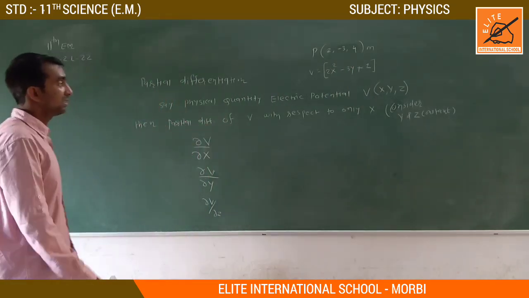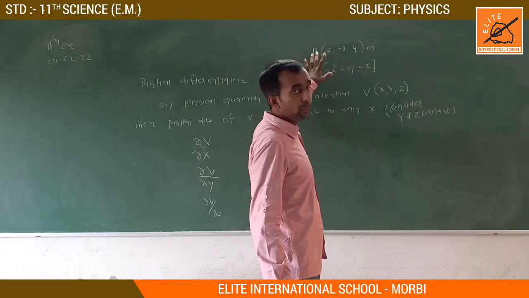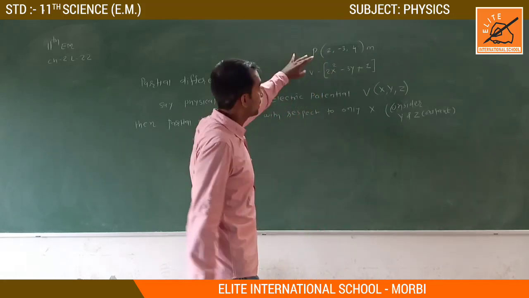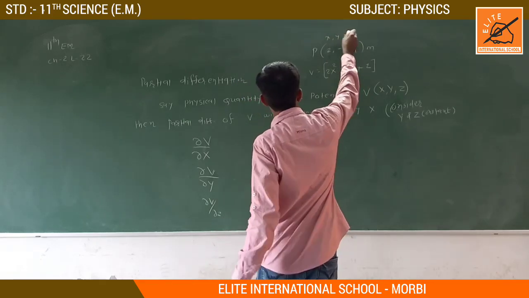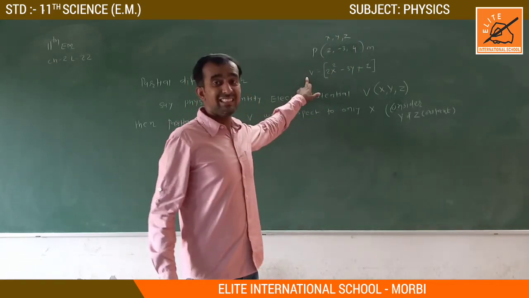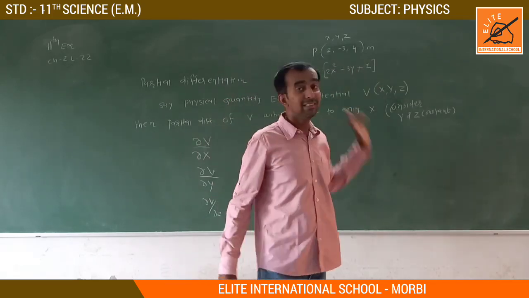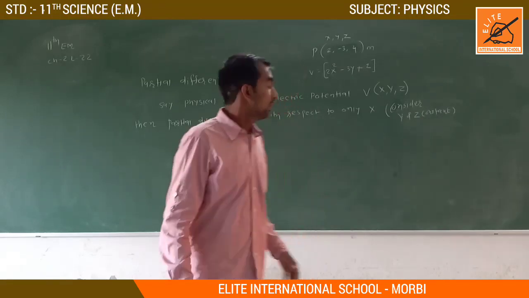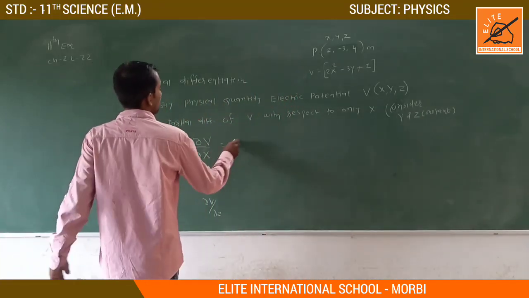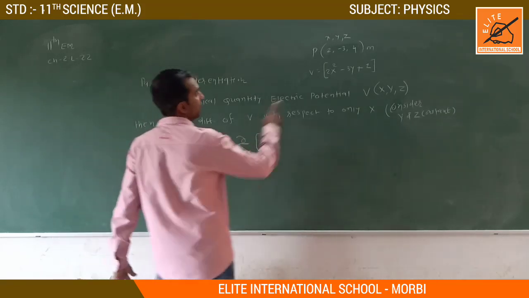2x square plus 3y plus z. At point P we have to find this. So this is x, y, z. This is your potential. It consists of x, y and z. Meaning potential is spread in all three directions, right? Now say del v by del x equals what? Sir, first del by del x. What is potential? Potential is